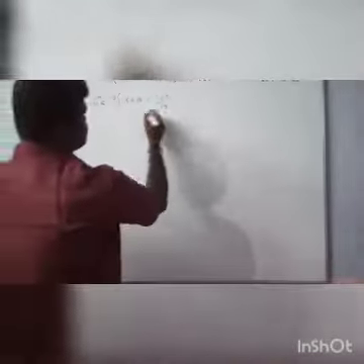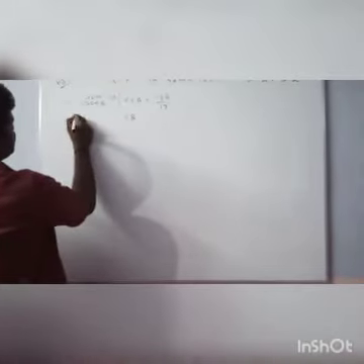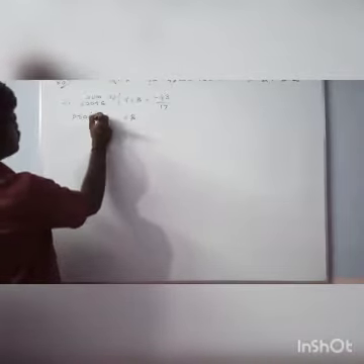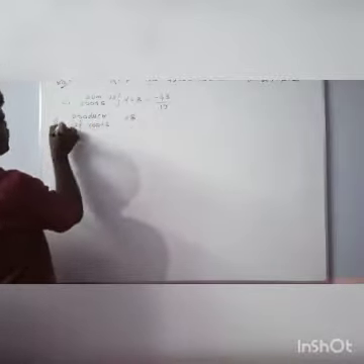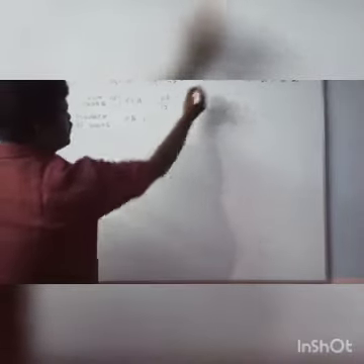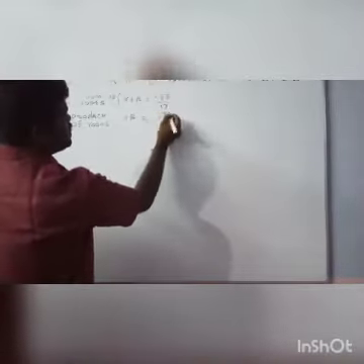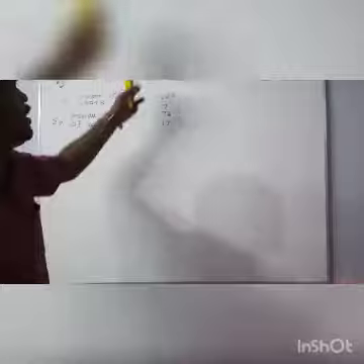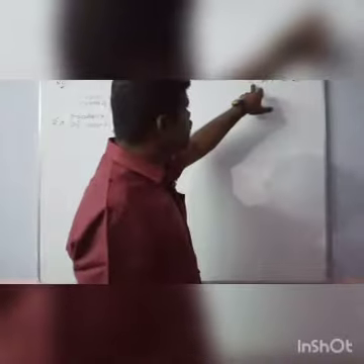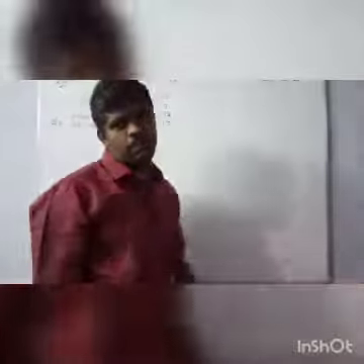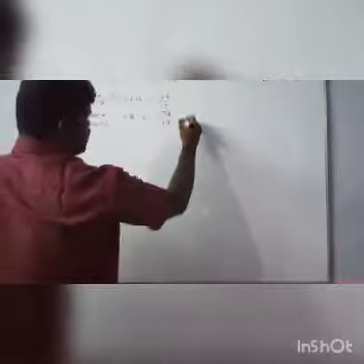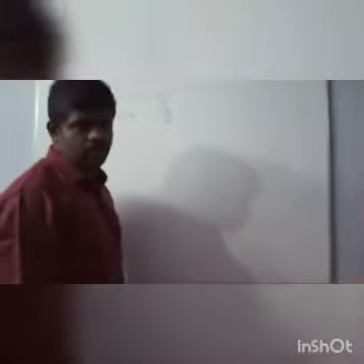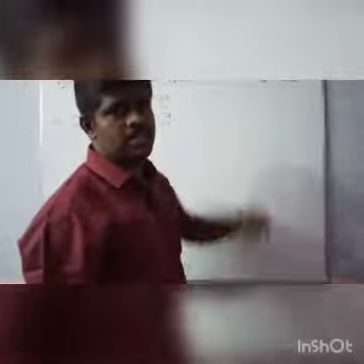And the product of the roots is what? Alpha beta, product of the roots. This is summation 2. Alpha beta equal to, what is the value? Minus 73 by 17. This is the given concept. Alpha and beta are the two roots. Now we want to find alpha plus 2 and beta plus 2 value. These two are the required equation's roots.